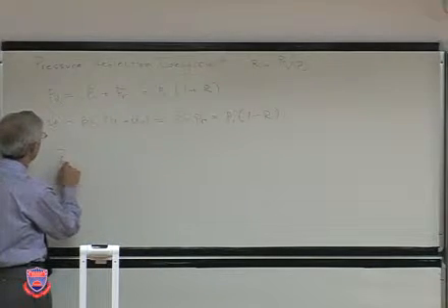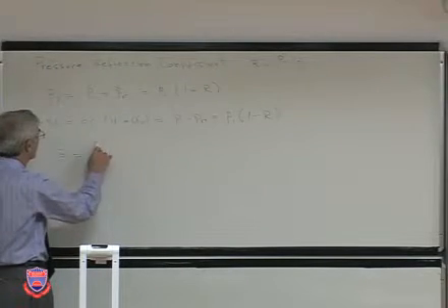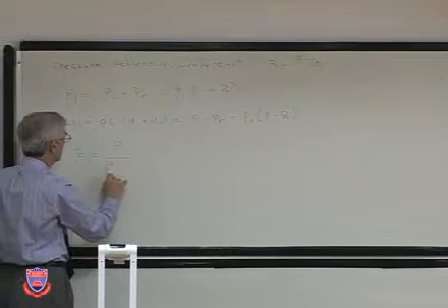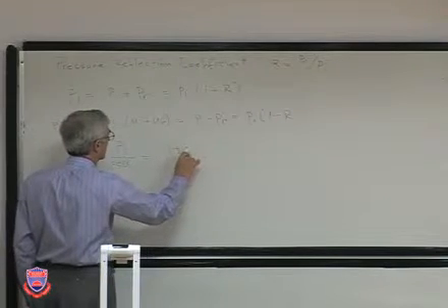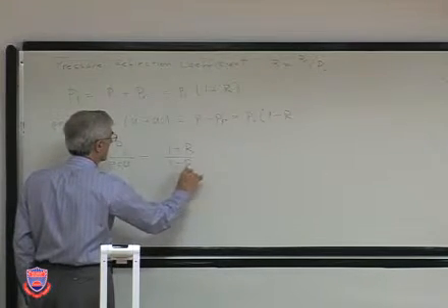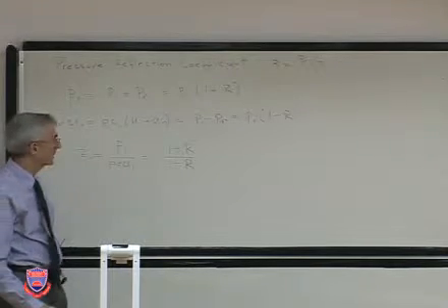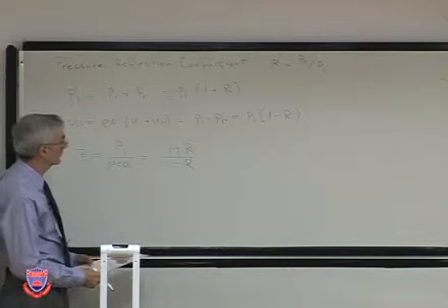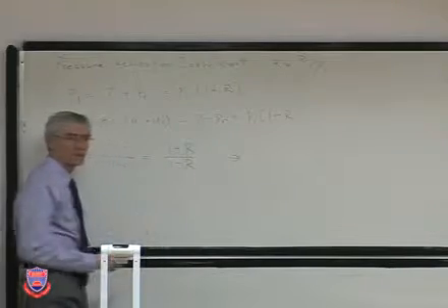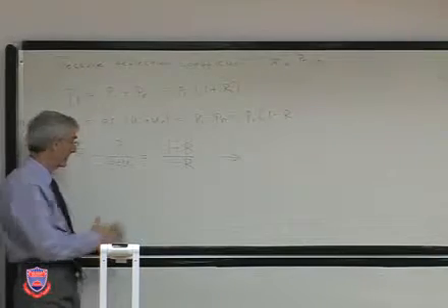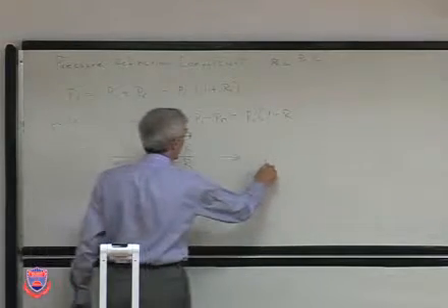Now, impedance was a ratio of these two. So the impedance is a ratio of 1 plus the reflection coefficient divided by 1 minus the reflection coefficient. And from here, we can express the reflection coefficient in terms of impedance Z1, right? So, and that will be